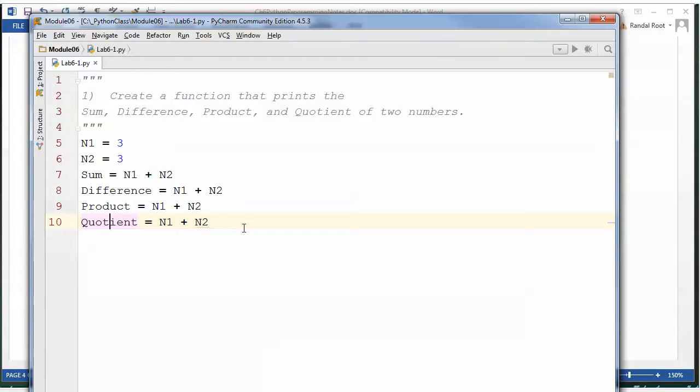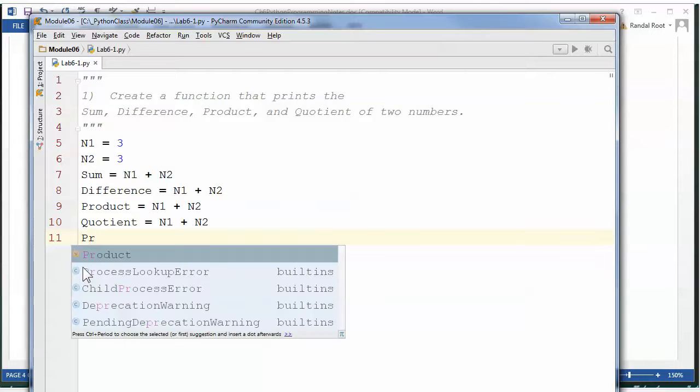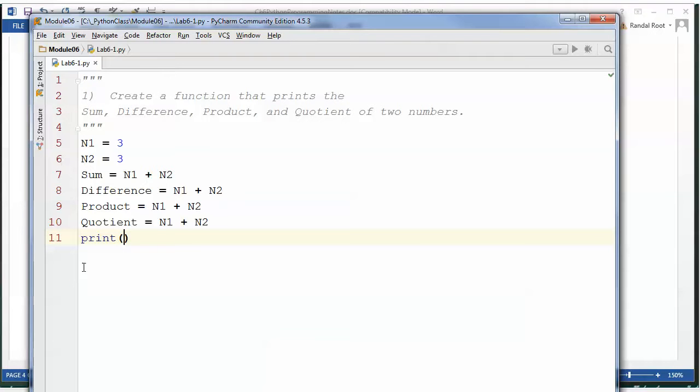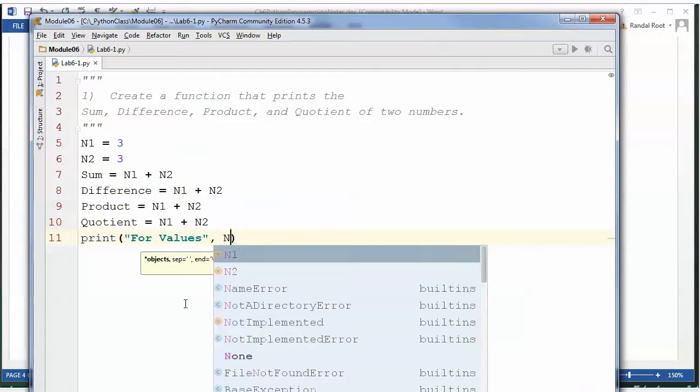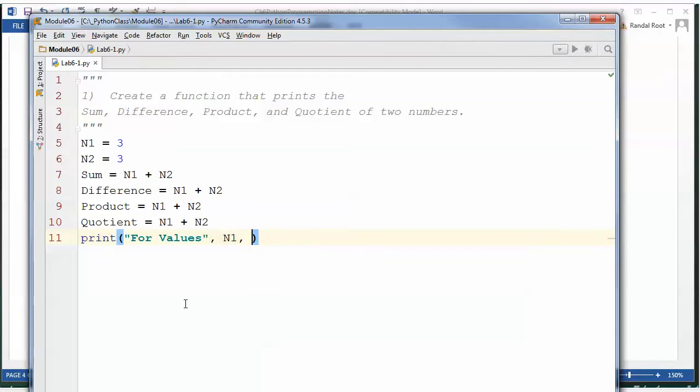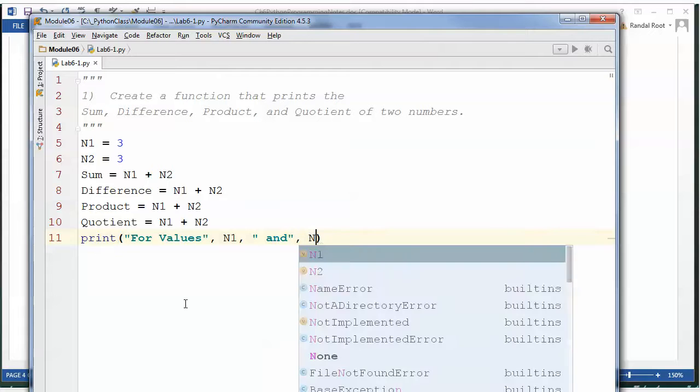Okay, so I've got the basic functionality down. And now I want to print out the sum, the product, the quotient. So print, and I'll print out, sum of, excuse me. How about this, for values N1 and N2